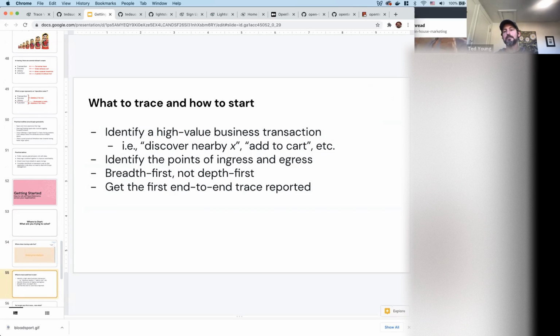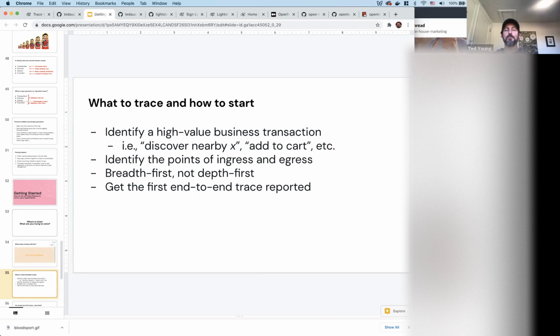What I recommend, if it's not a situation where you have a centralized infrastructure team or a centralized code base where you can set it up and deploy OpenTelemetry to all of your services all in one go, and you have to go from service team to service team and install it service by service, try to find some kind of high value transaction.